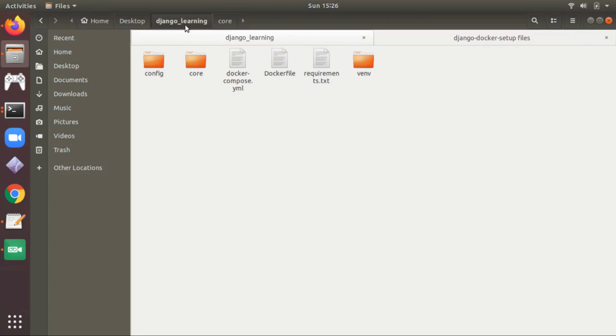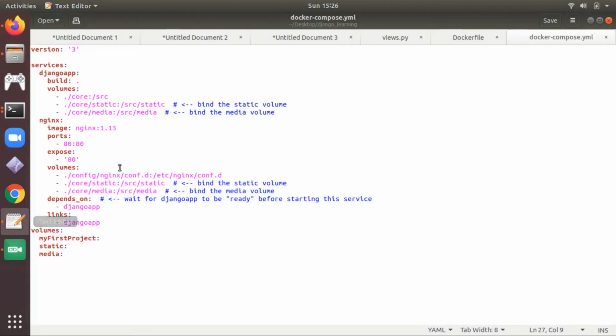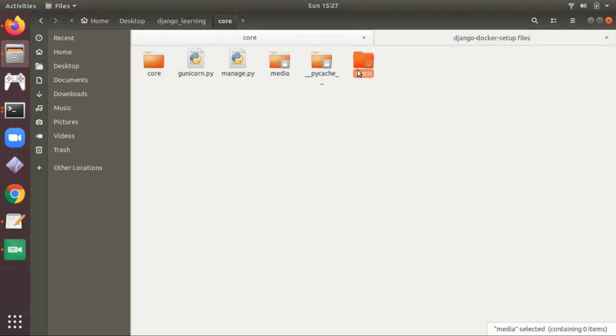So if you go to this, here we mount a volume called static, and for media also. So these two directories are created. So change the permission of these directories.